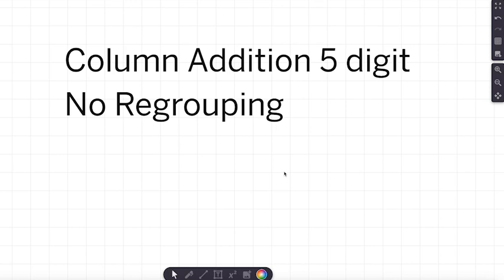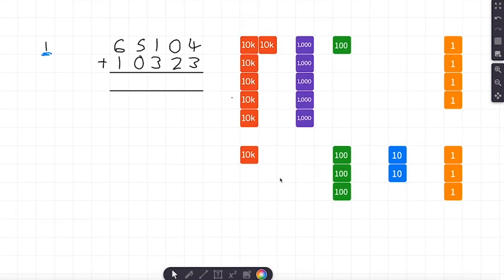So we're going to be looking at column addition with 5-digit numbers but with no regrouping. So let's get straight into the first question. Question number 1, we have 65,104, and you can see that with the counters here. So we've got 6 10,000s, so 60,000, 5,000 here, 100, no tens and a 4, and then underneath we've got